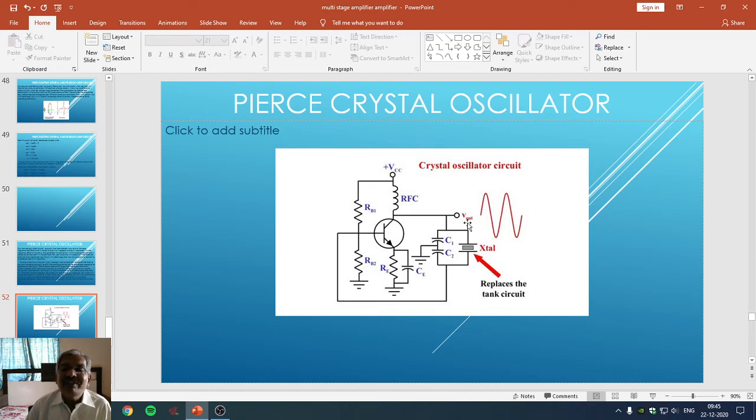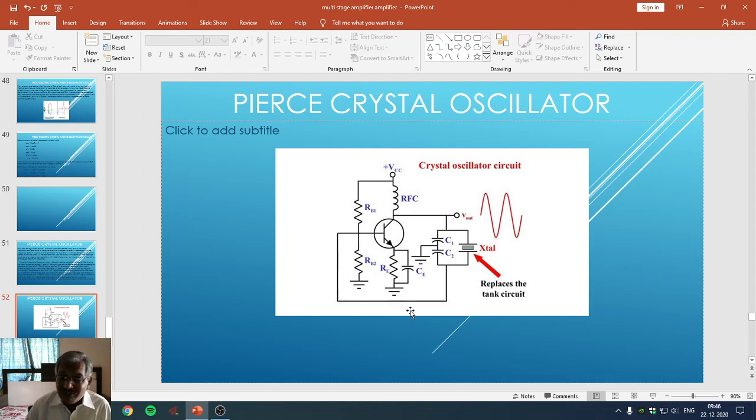The frequency generator circuitry is known as a tank circuitry that consists of a combination of C1 and C2 whose center tapping is grounded, indicating that it is going to act as a Colpitts oscillator. Whereas the crystal which is connected behaves like an inductance. It is connected between the output of the transistor, that is at the collector, and part of that is given back to the input as feedback. So this is the feedback path which is going to exist.